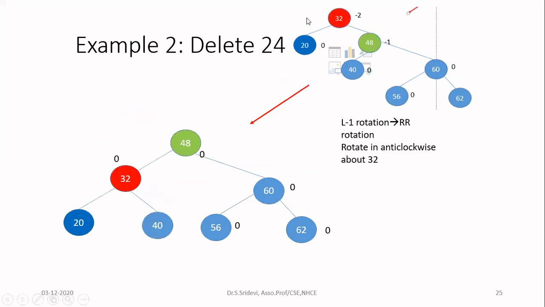So when I do that, this is my diagram. I am going to perform rotation in the anti-clockwise direction about 32. So I am going to pull 32 downward in the anti-clockwise direction. When I do that, 32 will move down along with this 20. Because when you are pulling, this 20 will also move down. Now what will happen to this 48? 48 will move up along with the entire subtree of that. So 48 is moving up.